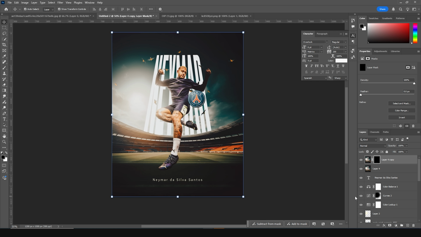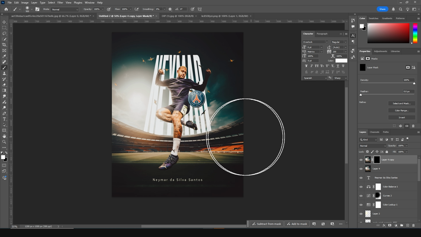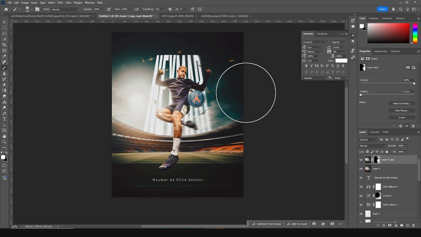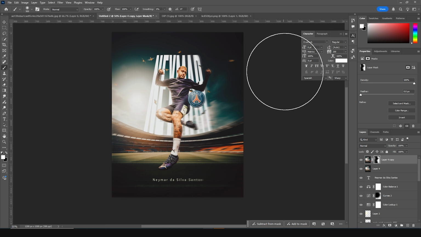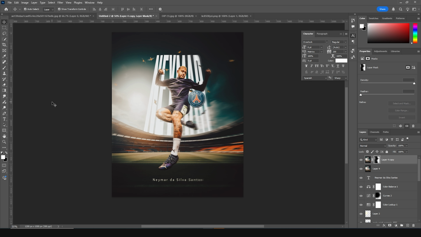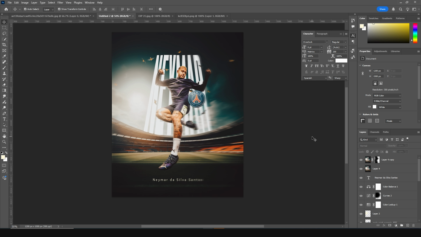Again, let's fill it with black. Go back to brush. With the white color selected, let's get that effect back on some of these parts. Just like so. And maybe some more right around here. And yep, so that's the final, and I hope you guys learned something new from this